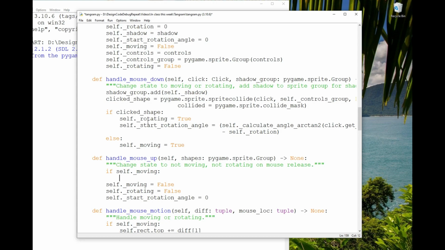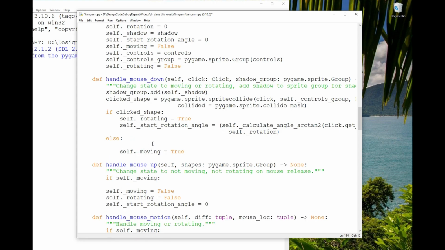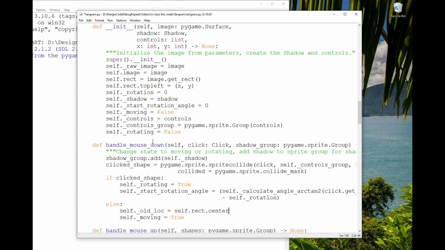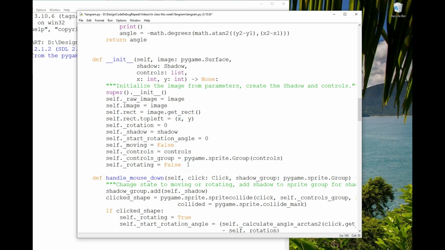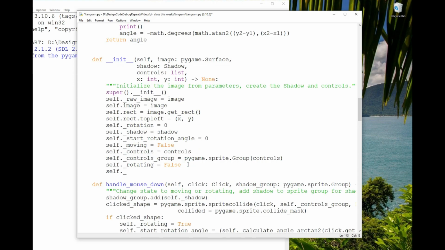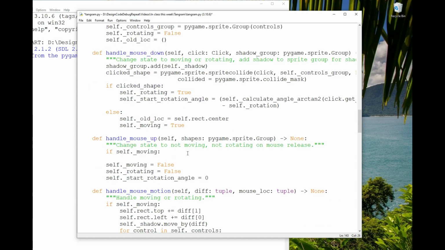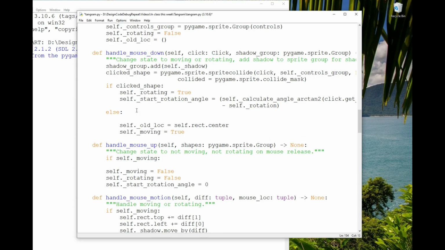So on mouse down, this is if we're rotating, this is if we're moving. We're going to want to store our current location. So let's call that self dot old loc equals self dot rec dot center. And let's have self dot old loc equals. Okay, so we're going to just set the old location here. That's all we have to do in mouse down. So else